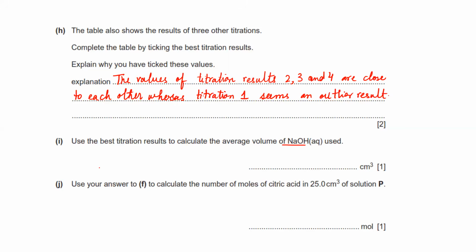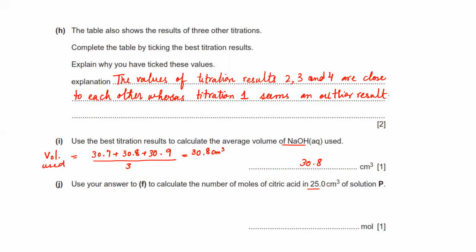So best titration, so we have 3 results. So the volume used. So we have 30.7 plus 30.8 plus 30.9 divided by 3, it comes out to be 30.8 centimeter cube. So we'll go with 30.8 centimeter cube. Then from your answer in F, calculate the number of moles of citric acid in 25